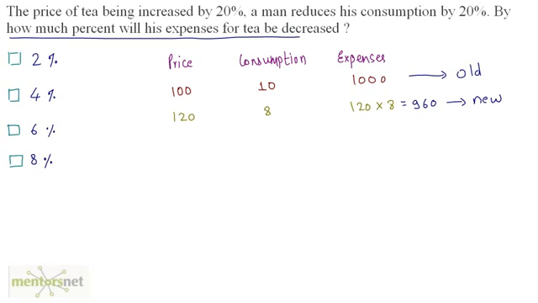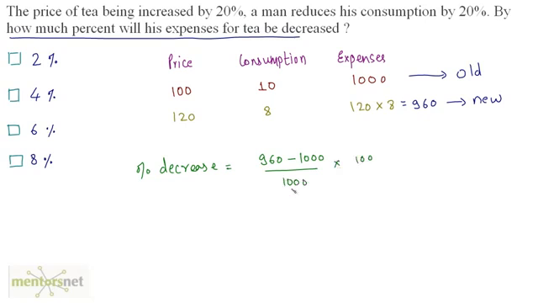So the percentage decrease is the new value 960 minus the old value 1000, divided by the old value 1000,